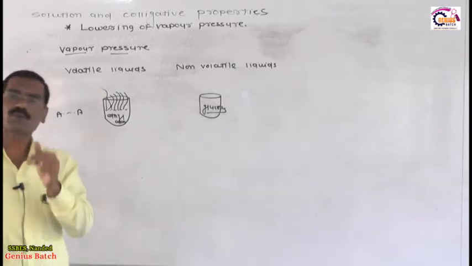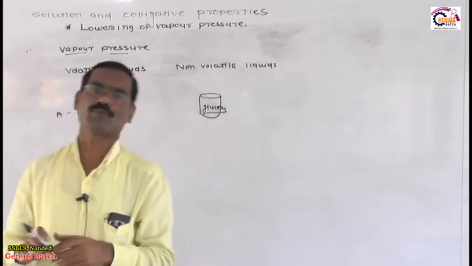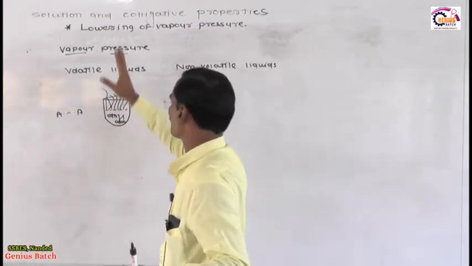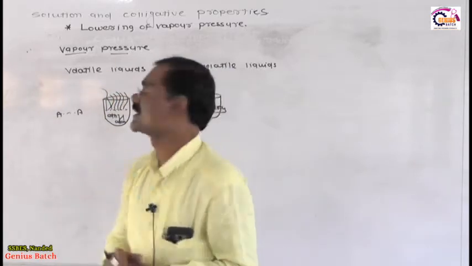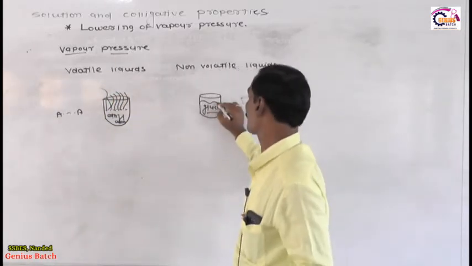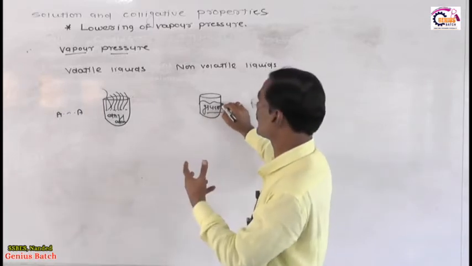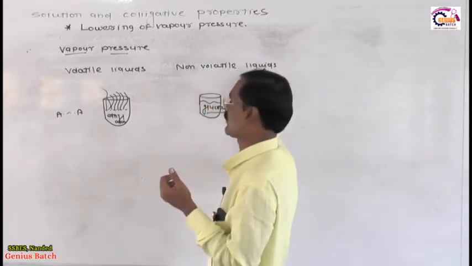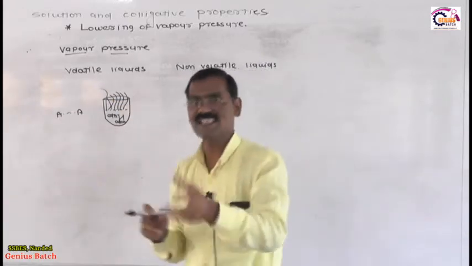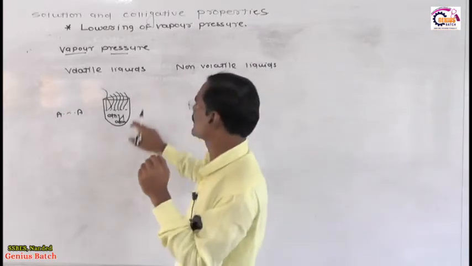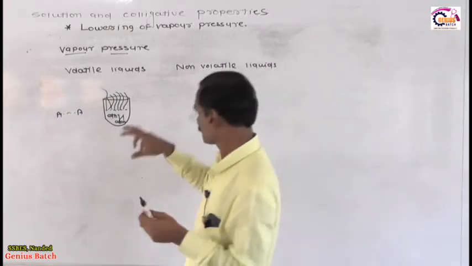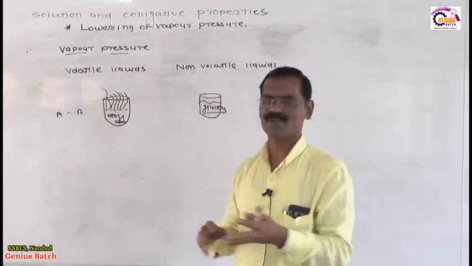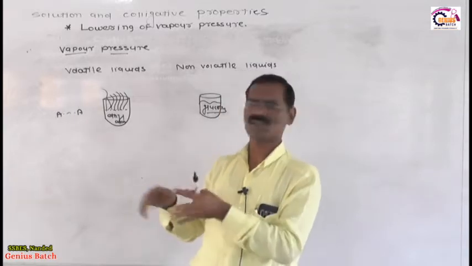If the intermolecular force is weak, it indicates that the liquid has a lower boiling point. Those liquids that have weak intermolecular forces have a lower boiling point, and such a liquid produces more and more vapor on its surface. But a liquid with a strong intermolecular force doesn't show vapor. Those liquids which do not evaporate at normal temperature are called non-volatile, and those liquids which easily evaporate at normal temperature are called volatile liquids. Is it okay? So the vapor pressure of a volatile liquid is always greater than that of a non-volatile liquid, obviously. There is no vapor for the non-volatile liquid, that's how we discuss the vapor pressure.